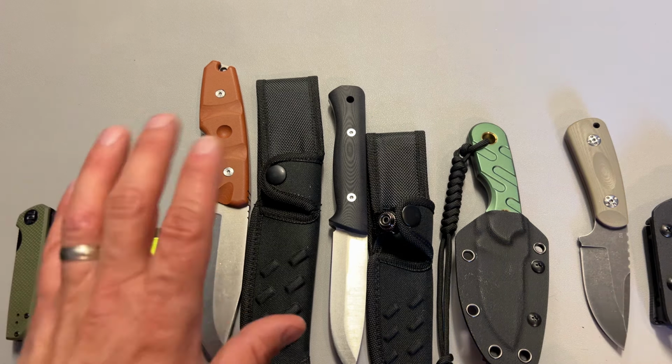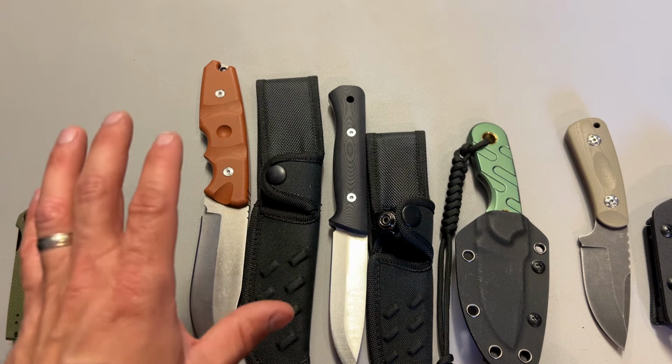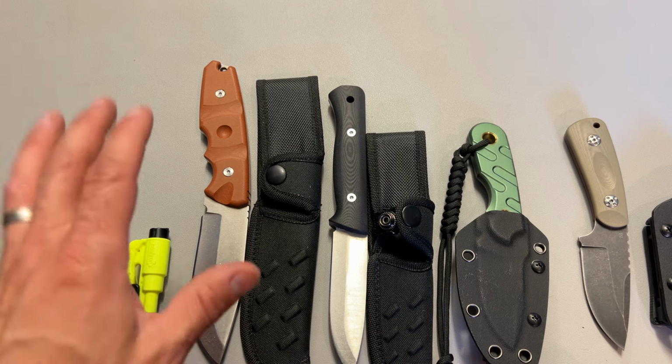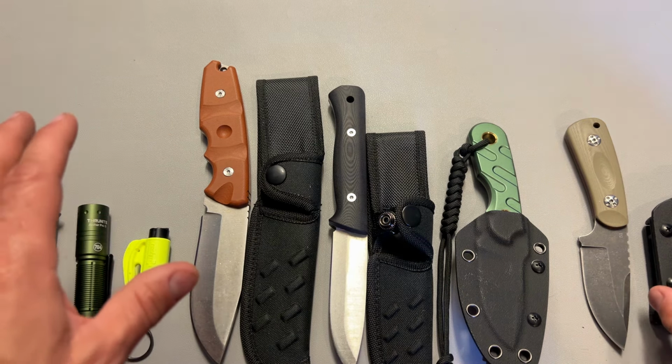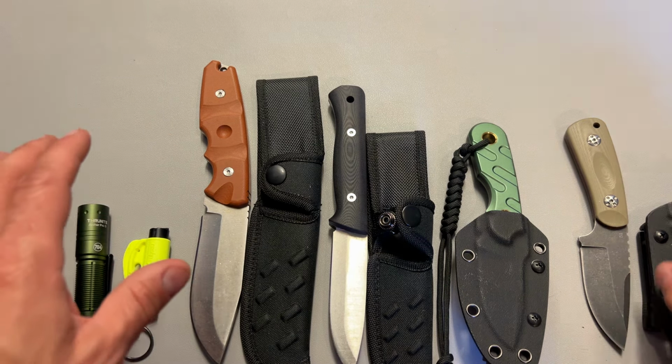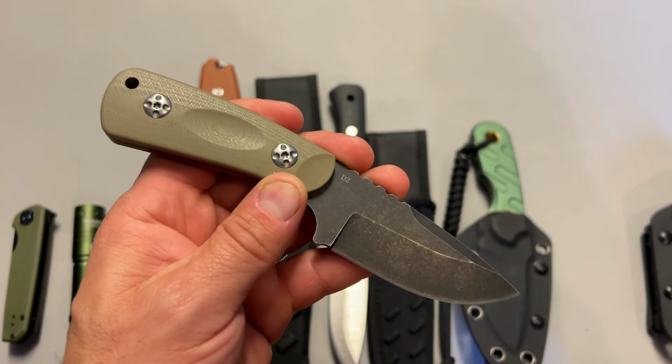Now, those folders are generally more of the budget style folder, about as cheap as I would go on some of the folders, but they're even cheaper now for Amazon Prime Day. The next deal that just popped up that wasn't on sale when I was doing my last videos were two different Eafengrow knife deals. The EF107, which is actually my favorite of the deals, featuring D2 steel, G10 handles, and